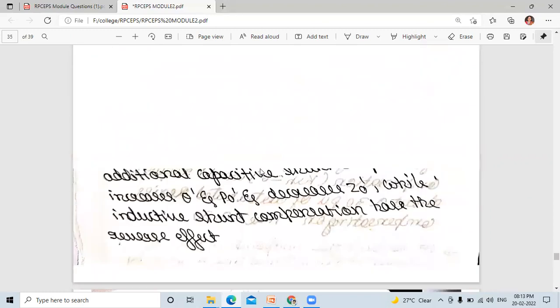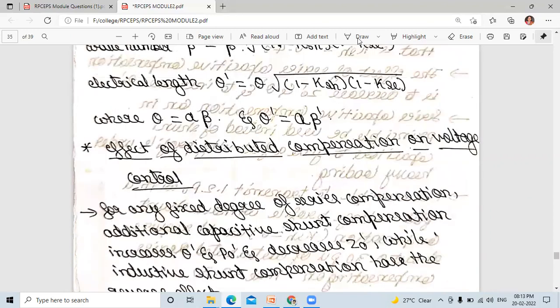This is the question: what is the effect of distributed compensation on voltage control. For this question, you need to write this answer. Okay,